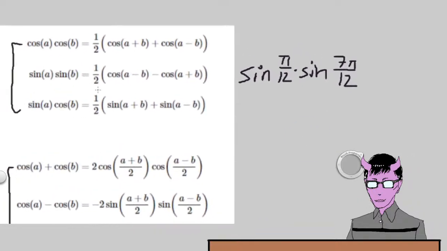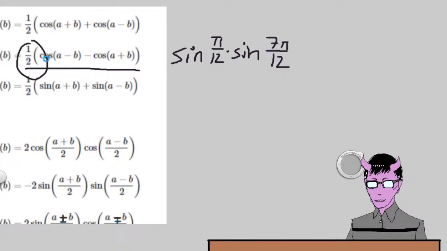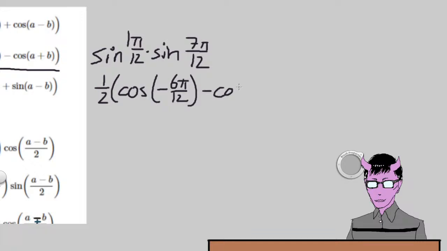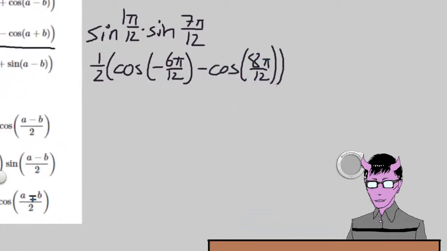Okay, so following this particular template, the 1/2 comes from the algorithm. And we have cosine of A minus B. So that's going to be -6 pi over 12. That's a minus from the algorithm. And then cosine of A plus B. A plus B is 8 pi over 12. Close the parenthetical, closing it again, and now we can just get to simplification, so that becomes -pi/2, the inner